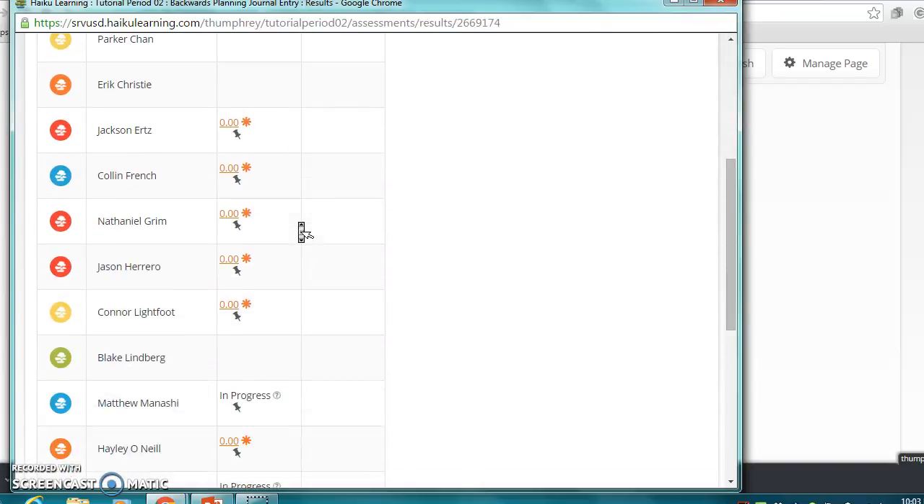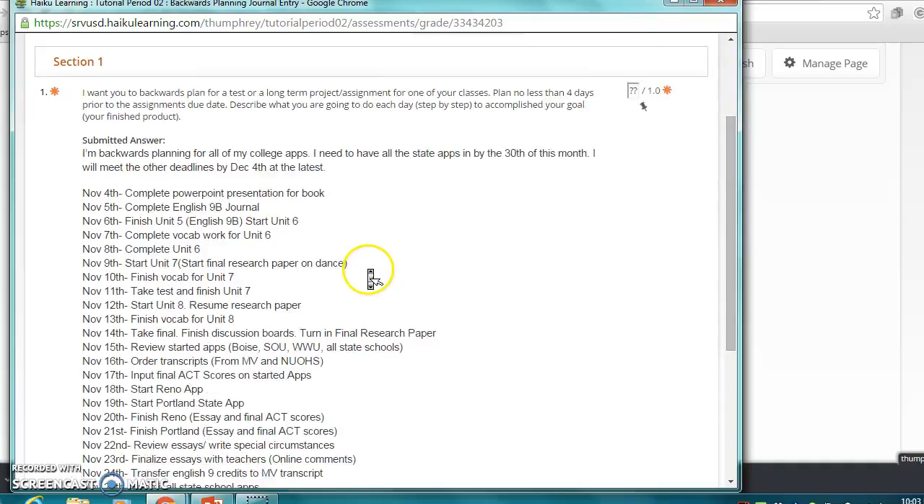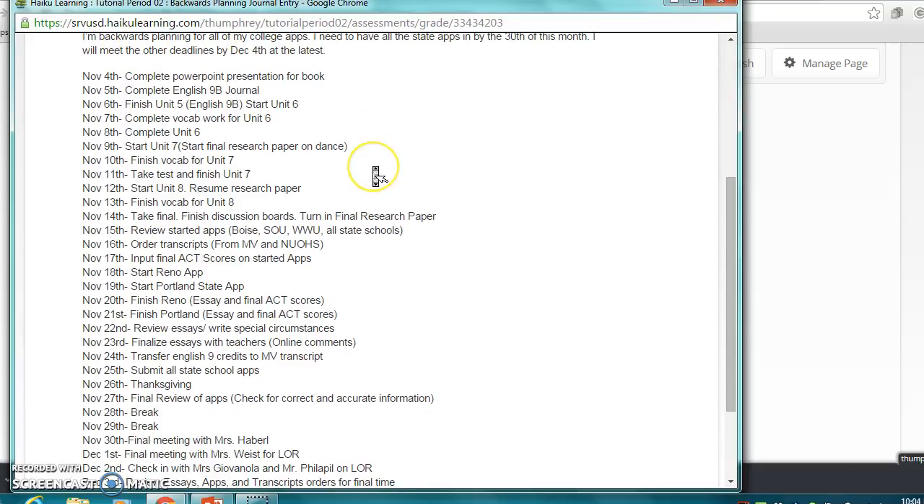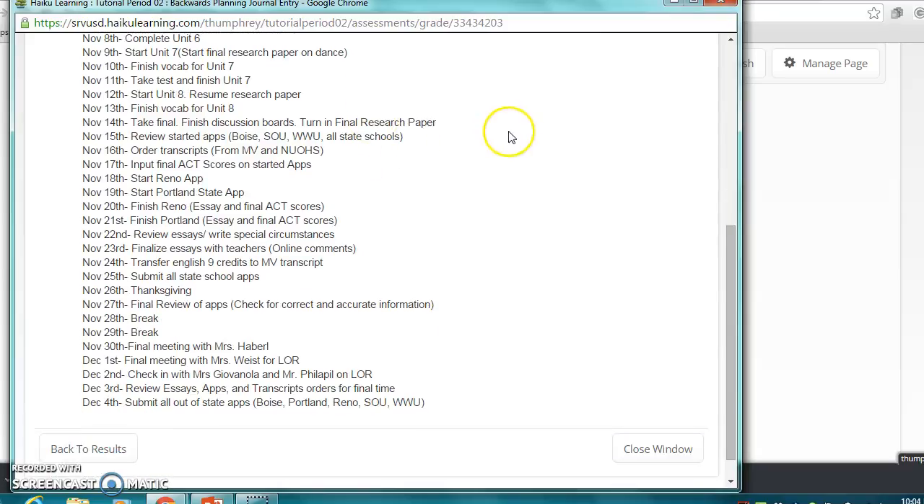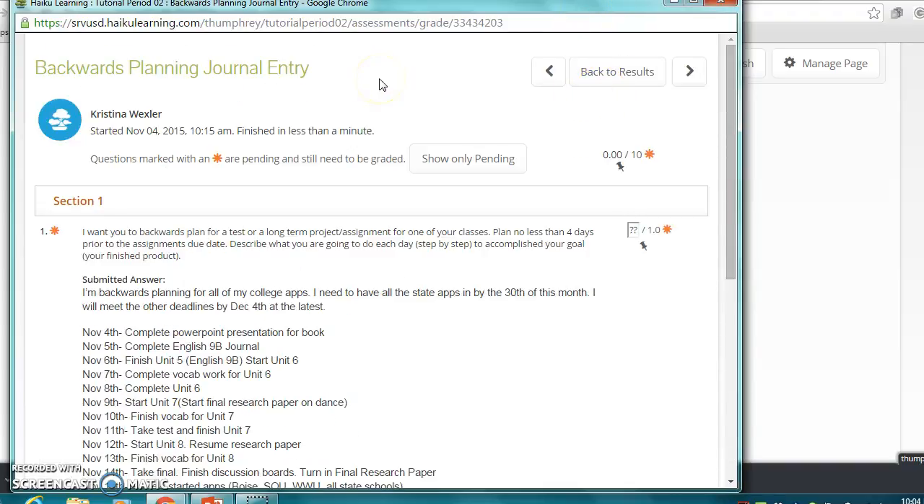If you open it up, you can see who had finished it, who had done it, and then if you specifically open up their journal, they would backwards plan given numerous dates. Here she's backwards planning for all of her college apps. So what are the steps that she's going to take in order to do that? That's another way that she can communicate with me. I can make sure my students are on task, not only with their big projects, but it also gets them the skill of being able to plan in advance